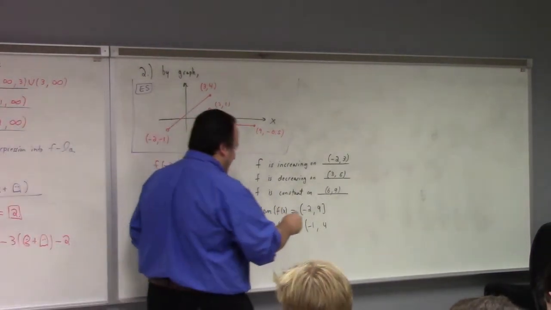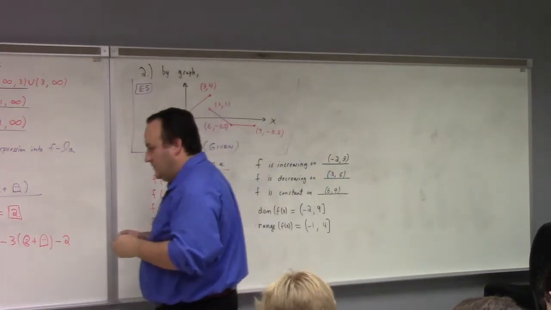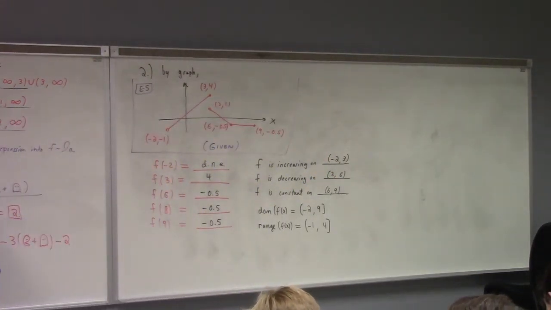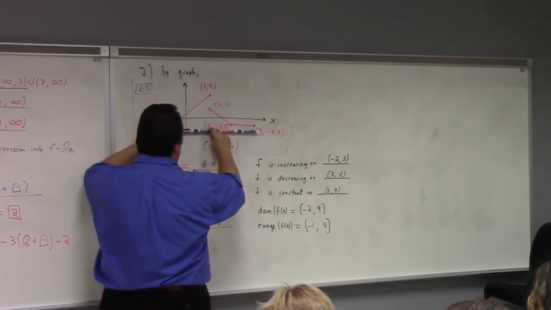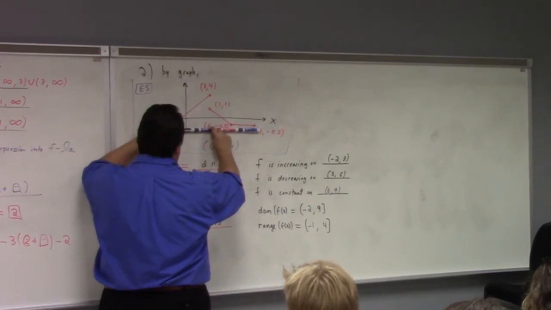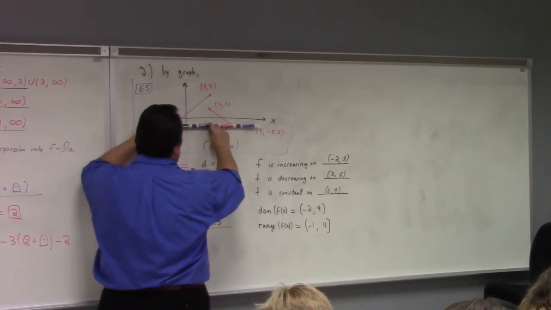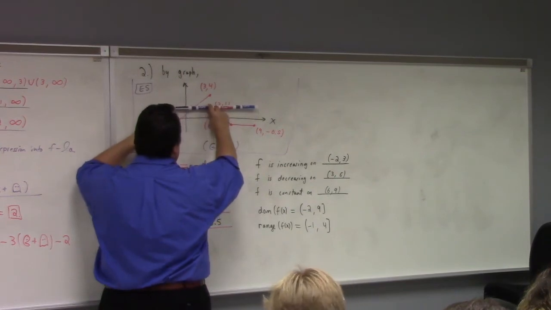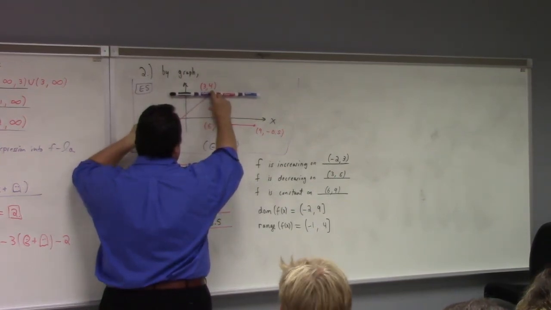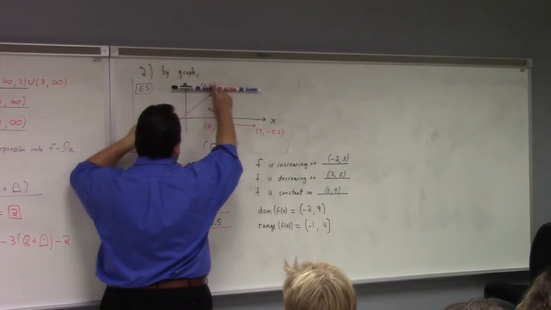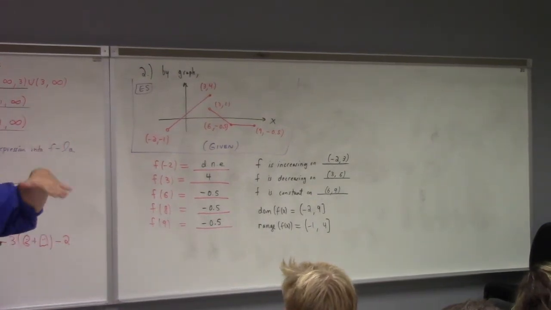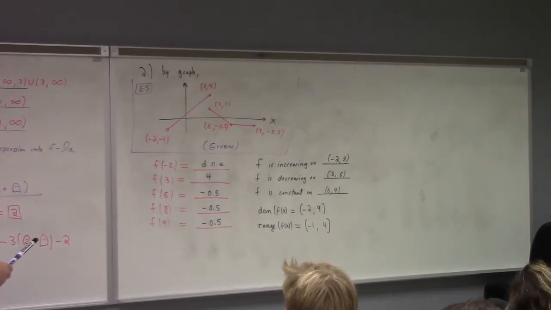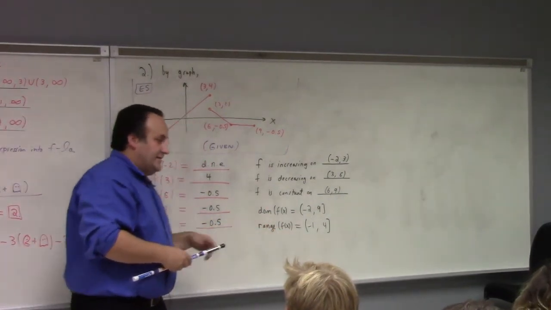So the way I think of this, to figure out range, I imagine taking horizontal lines and passing them through my graph. And if the horizontal line hits something in the graph, then that is a y value that's in the graph, right? So it doesn't quite intersect it at -1, but everything above that, there's at least one point hitting the horizontal line, all the way up until I get to 4. Once I get past 4, there's nothing in the graph that's hitting this horizontal line, right? So you can just think about slicing the graph with horizontal lines, looking for the y values which are hit. And that's how I think about range. Range is the set of y values which are attained.